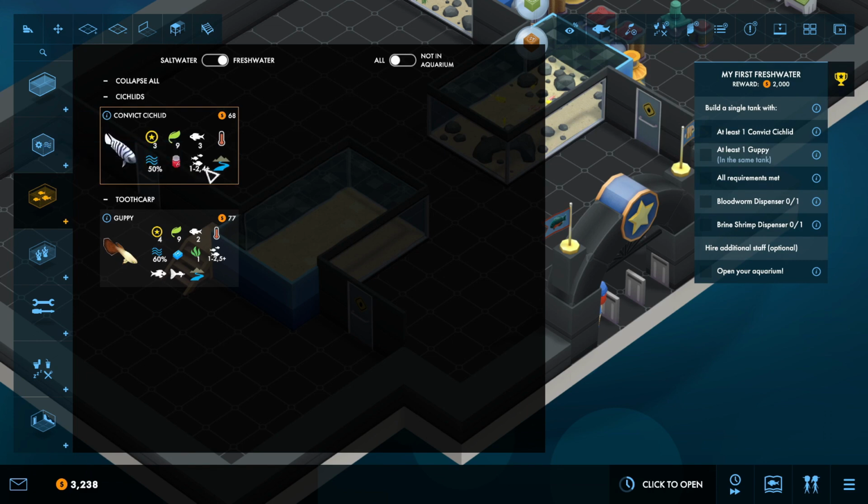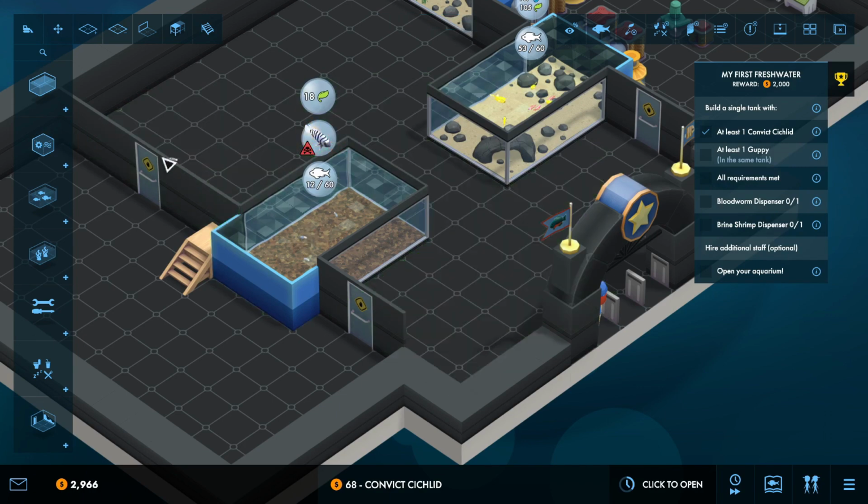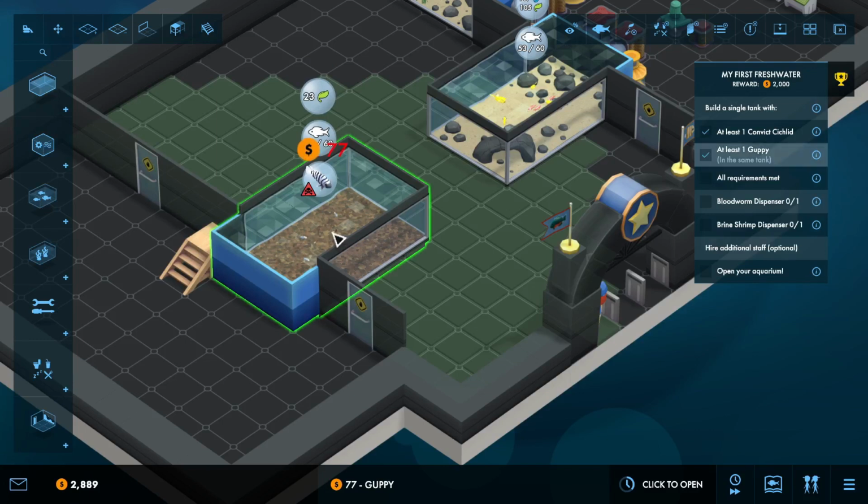Ecology points. So we need at least 2 or 4 or more. This one we need at least 1 or 2. We need 1 or 2 or 4 or more. This one we need 1 or 2 or 5 or more. So let's do 1, 2, 3, 4. And then we're going to come over here and we're going to do 1, 2, 3, 4, 5. All right, so that is plenty